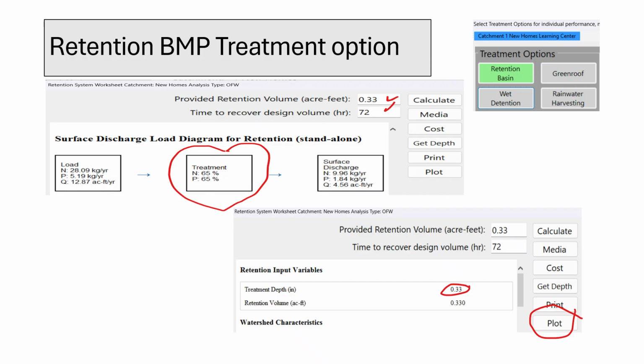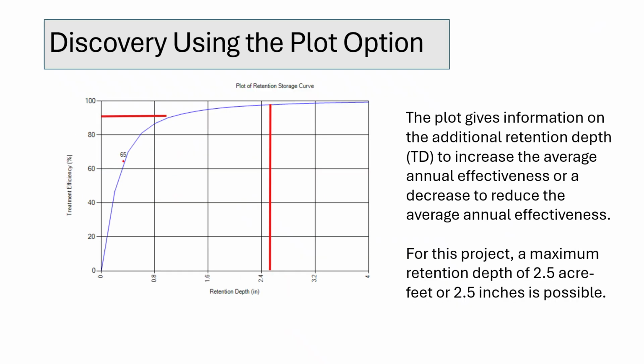This can be visualized using the plot button available on the retention worksheet. Using the plot option provides valuable information regarding the optimal retention depth. This depth, often referred to as TD, can be adjusted to either increase or decrease the average annual effectiveness of your project. For this particular project, we're working with a maximum possible retention depth of 2.5 acre-feet, which translates to